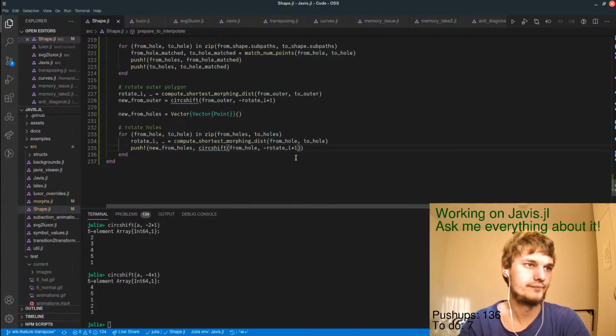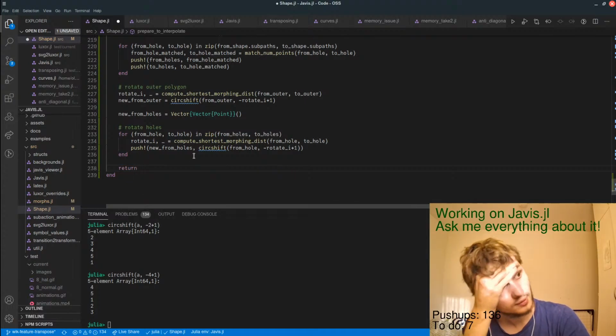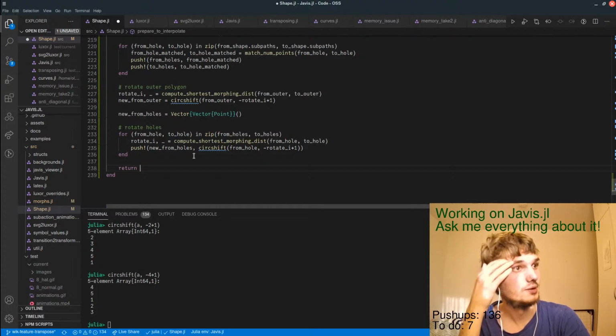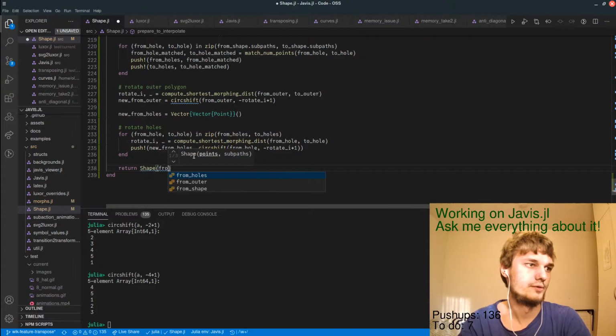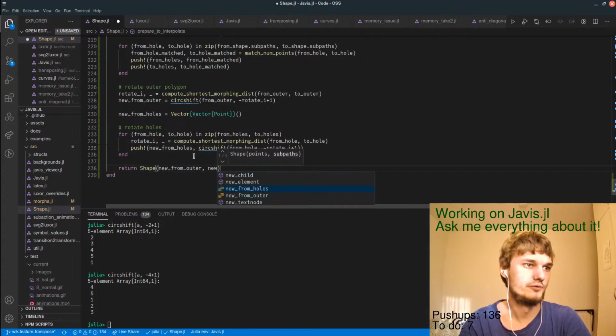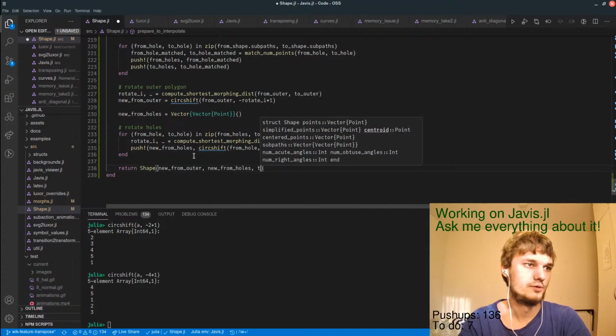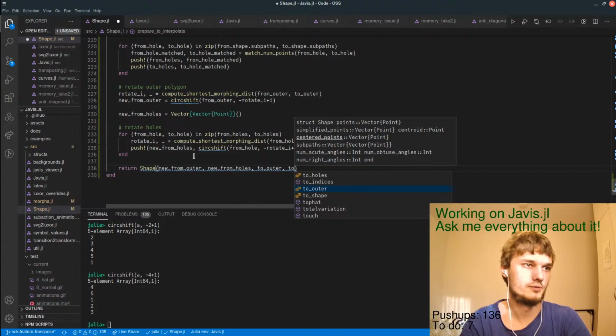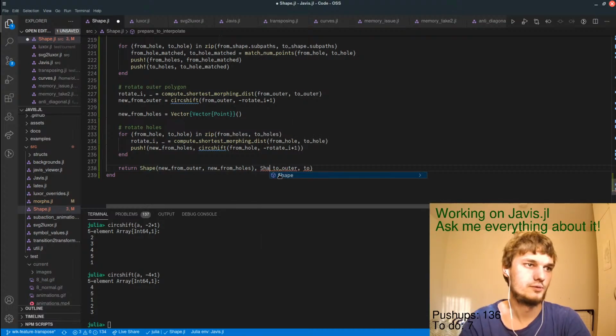Hopefully this one. And then shape from new from outer, new from holes to outer holes, to outer to holes.